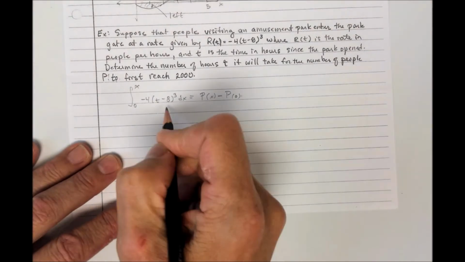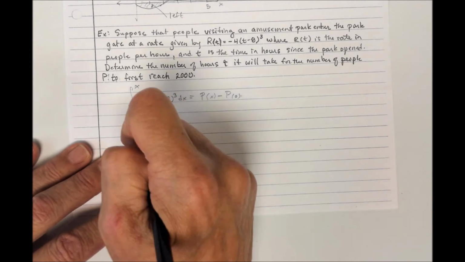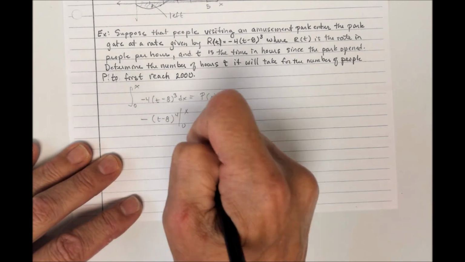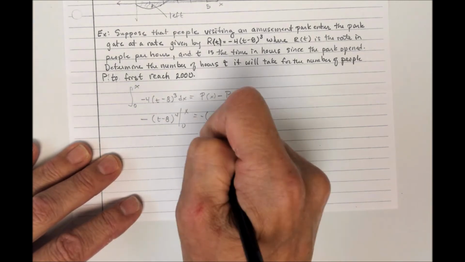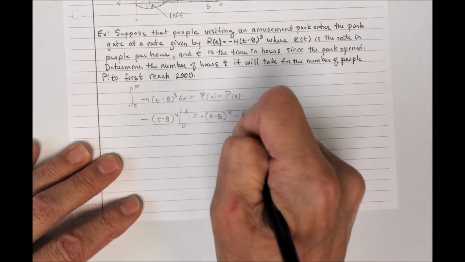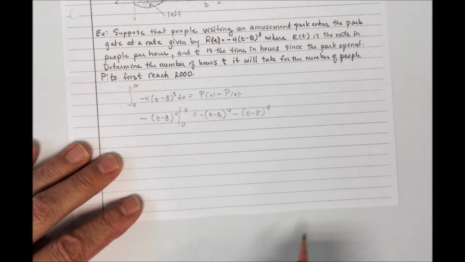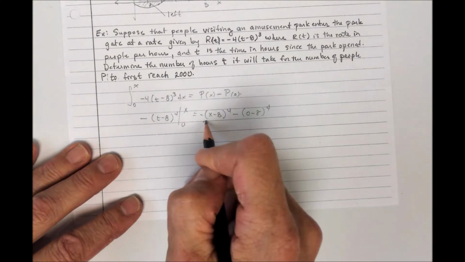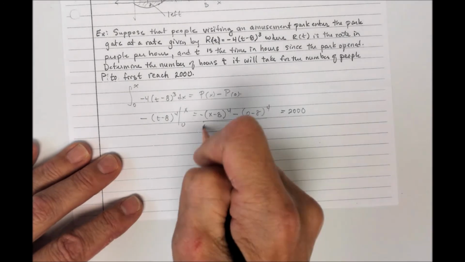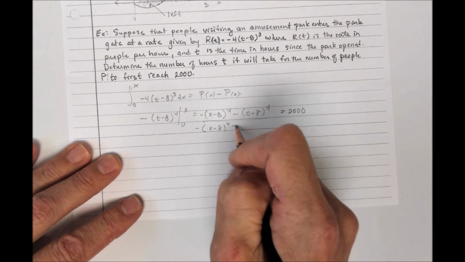So let's see what we get here. This is going to be 4 over 4. I got a -4 there. So this is the opposite of t minus 8 to the fourth power running from 0 to x. So this is the opposite, let's see, x minus 8 to the fourth minus the quantity 0 minus 8 to the fourth. What a mess this is. And I want to know when this is 2,000, so I'm going to set all of this equal to 2,000. So that gives me the opposite of x minus 8 to the fourth power minus, let's see,